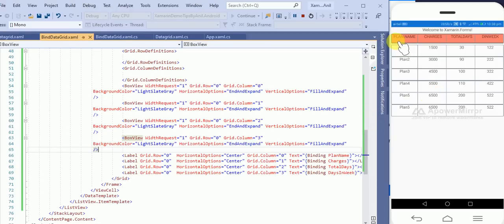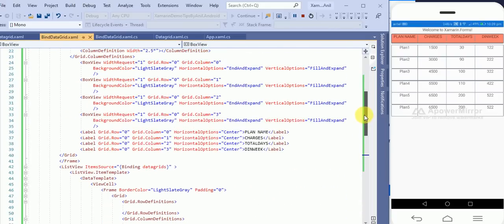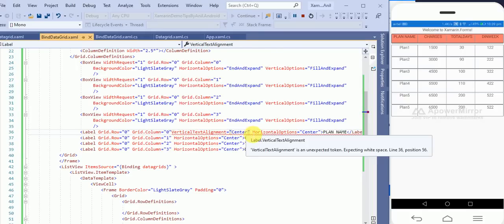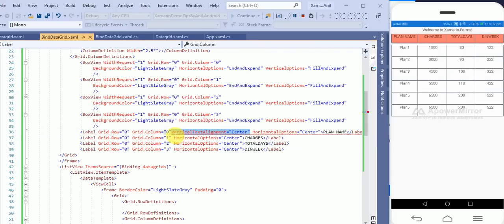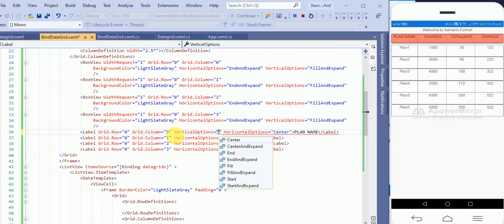And here you can see if you want to do vertical as a center, because this is not vertically in center, then here define column vertical alignment, text alignment equals to center. So basically this is VerticalOptions equals to Center.